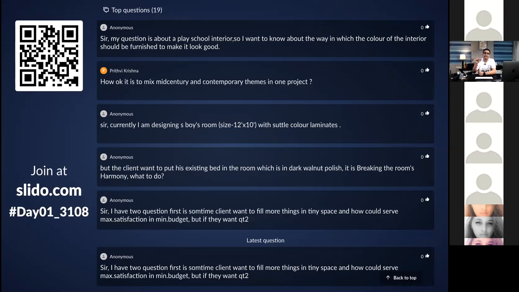If you understand and give that, your customer is satisfied. The budget is irrelevant. But if you don't understand what experience your customer wants, even if it is a very big budget project, the customer is not going to be satisfied. So satisfaction and budget are two different things.